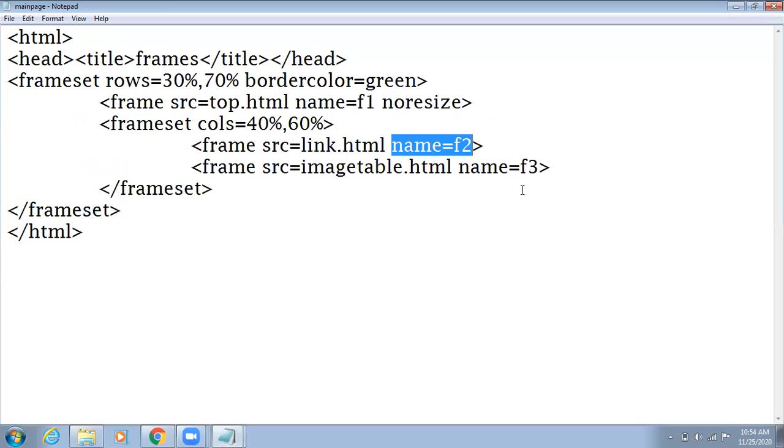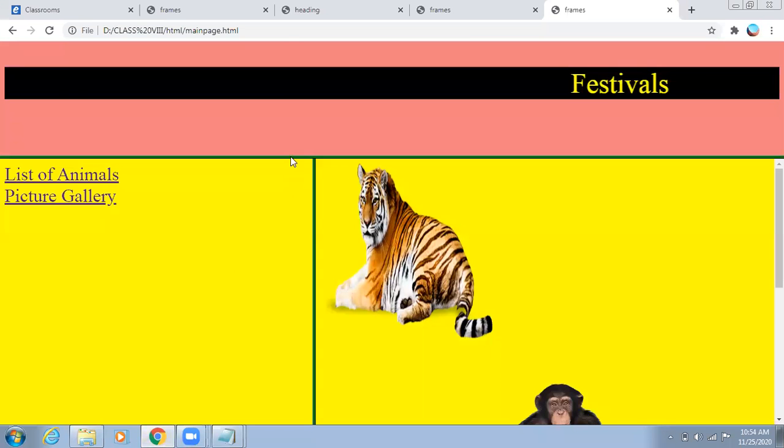So this is how you can divide your page into frames, give colors and border color to your frame. You can display the scroll bar if you want. And if you don't want somebody to be allowed to change or resize your frames, see, now here because I have used the attribute noresize for the creation of this frame, I am not able to resize this.